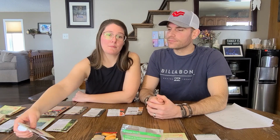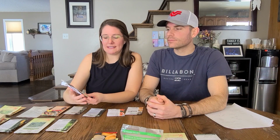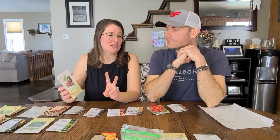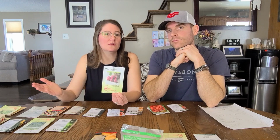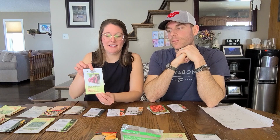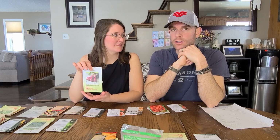Something that we're big on here are beets. So this is the Merlin hybrid beet. And what's great about beets is they do have a really quick maturity rate. And so we have been finding we can get 2 successions in. So as soon as these are done, we pull them out, we re-amend the bed, and we plant more beets for a later fall harvest. And we do pickling. We want to just store them in cold storage as well this year. We didn't do that last year, but...